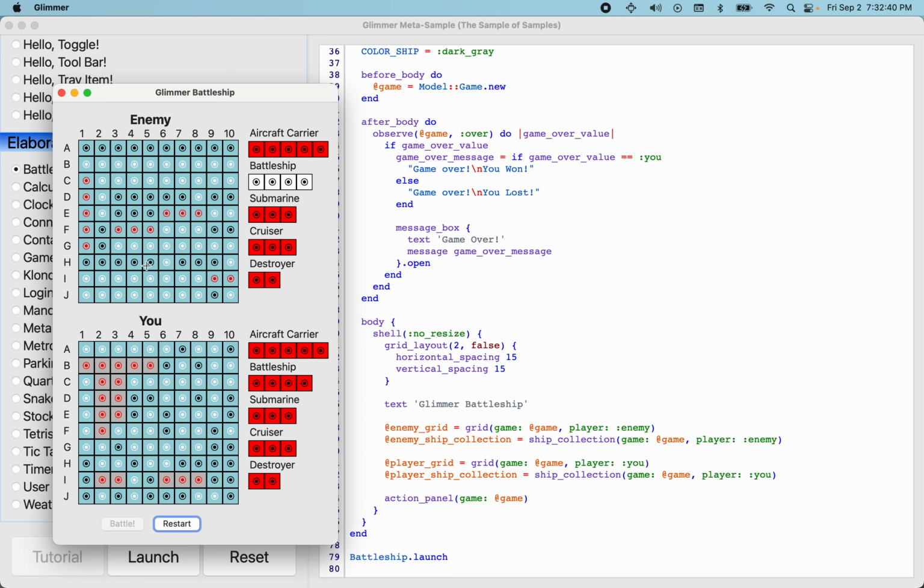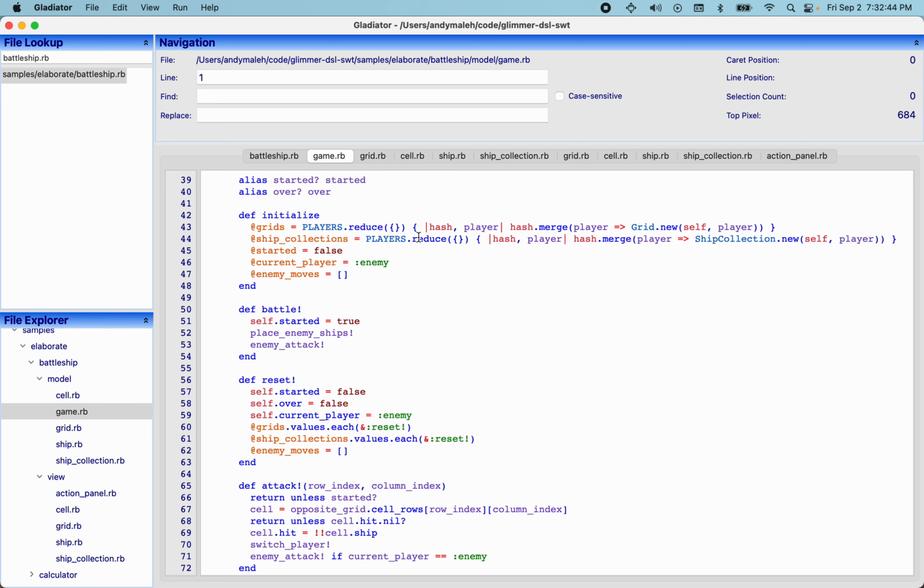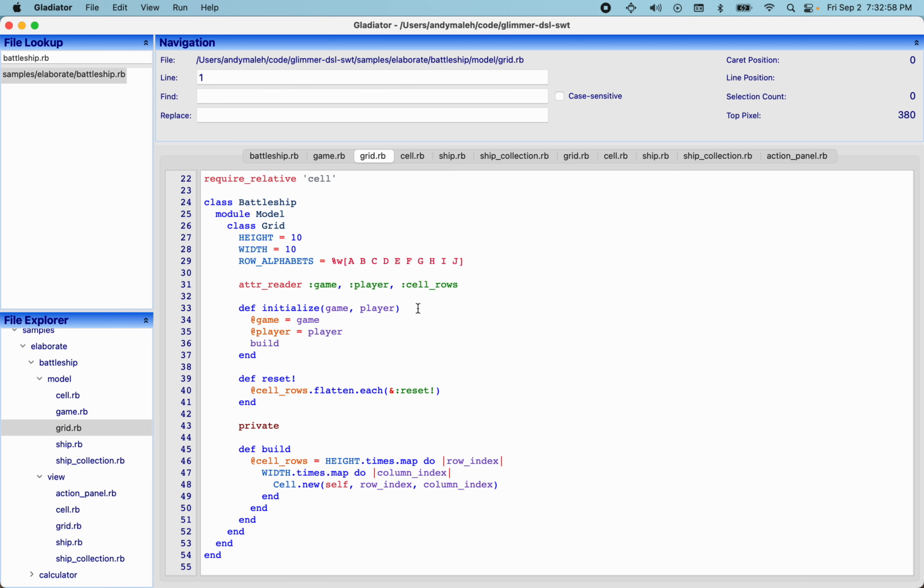I'd rather not reset it right now because I want to keep showing this information, but that's what reset is about. Reset here will actually reset the started state, over state, current player, and then it'll reset all the grids and the ship collections, etc., etc. So let's continue with